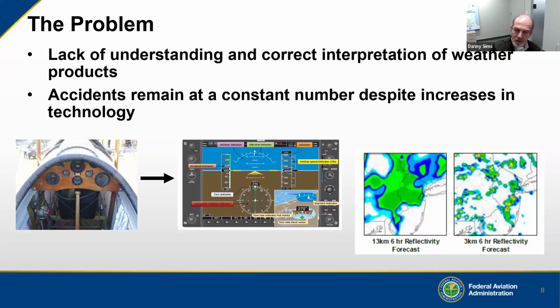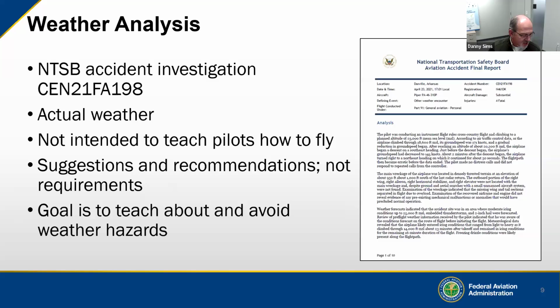Well, let's look at a particular case and see if we can gain some insight. This was an actual NTSB accident investigation I'm going to look at. It was with a Piper aircraft. It's the actual weather that was used here. And I just want to put some caveats in here that I'm not here to teach you how to fly. I'm a meteorologist and atmospheric scientist, as Mike said. I'm not a pilot. But I want to give you some information. And these are not requirements either, but suggestions, recommendations to help increase your weather knowledge and to help you ultimately avoid